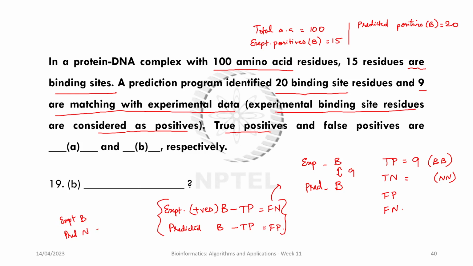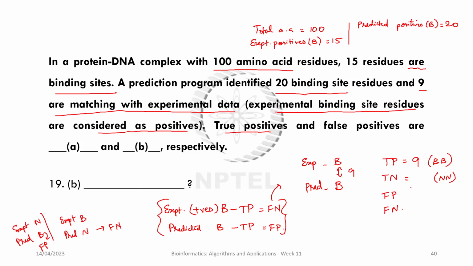So this is false and it is negative. So these are false negatives. When you have N in experimental and B in prediction, these are false but positive,